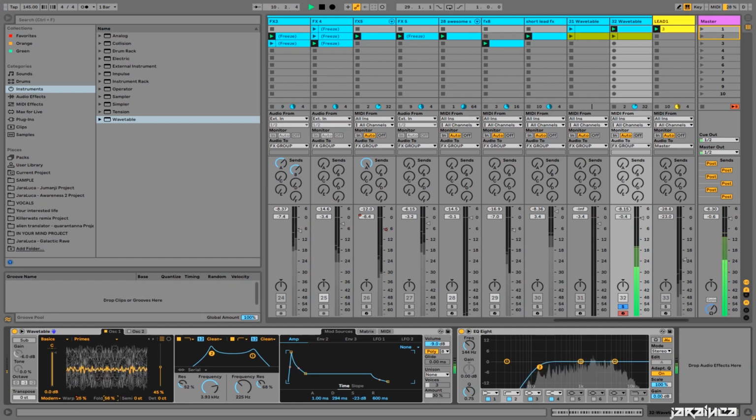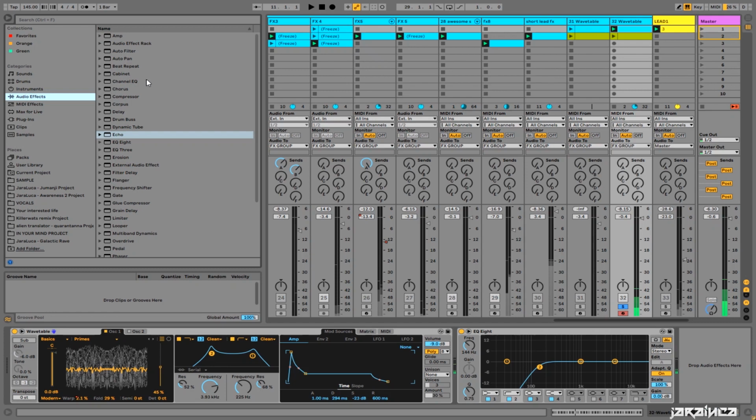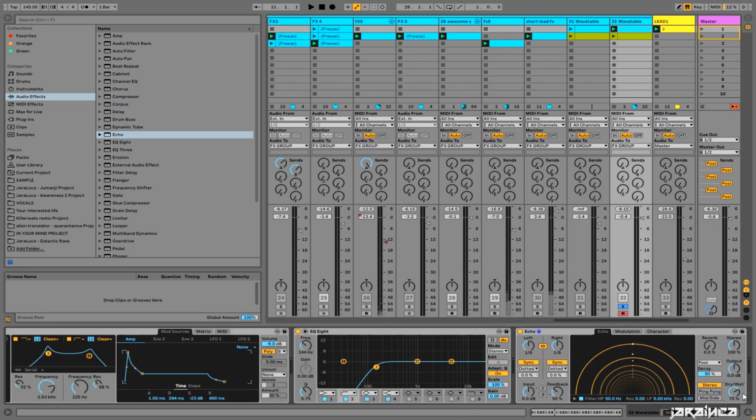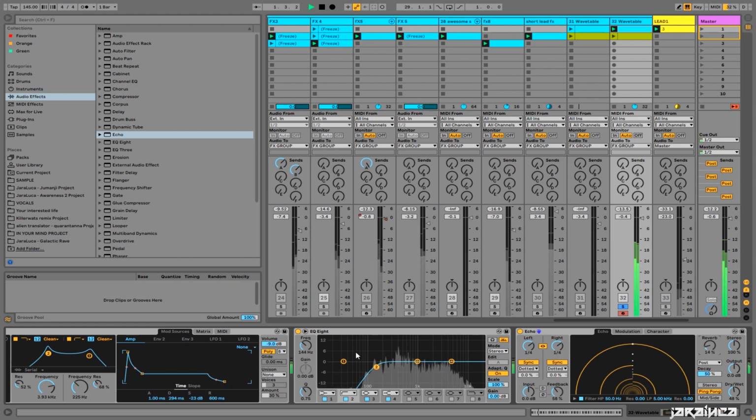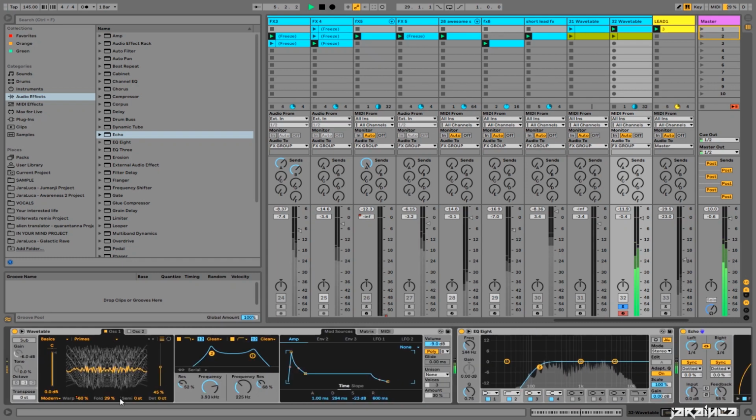Okay, it sounds very nice. So let's add echo to get that nice delay. Maybe like this, and bit reverb. Okay, and with the beat,